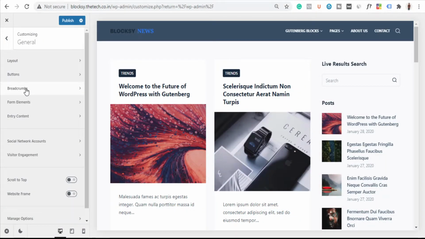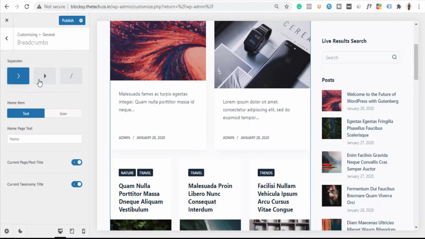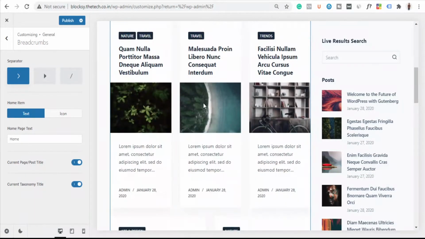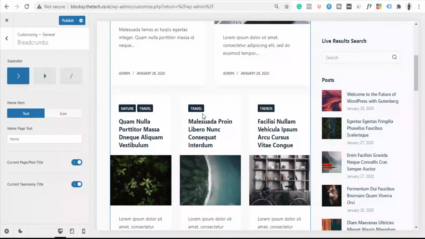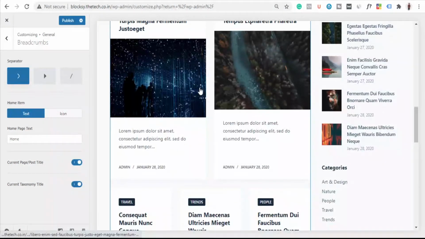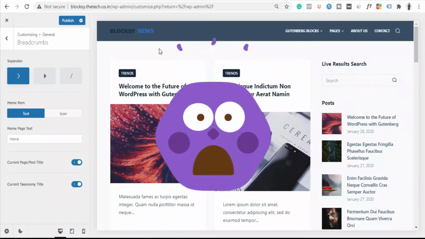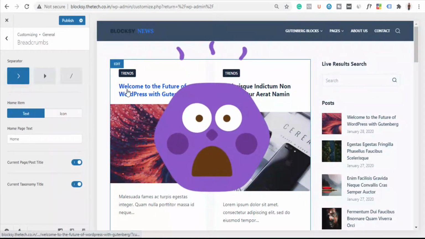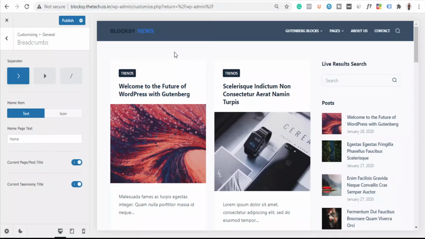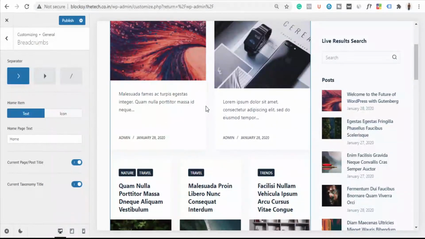Now let's see breadcrumb. What does this mean? Breadcrumb basically means this part. I'll show you. Let's open any article. So breadcrumb basically means separator, but I don't think in this blog we have any breadcrumb made. So no need to worry, that is not that important. I could have shown you, but we don't have any breadcrumb right now.